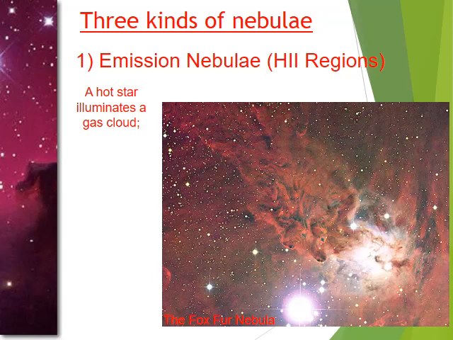What happens in an emission nebula is you're looking at a cloud of gas and dust in space. And of course, you shouldn't normally be able to see it, right? Gas and dust, just a cloud of dust, is not normally going to produce its own light. It's not self-luminous, so you should be just seeing darkness, and yet you are seeing a cloud, right? So how is that happening? How is that cloud of gas and dust producing any kind of light? We should be just staring off into the darkness of space, and yet